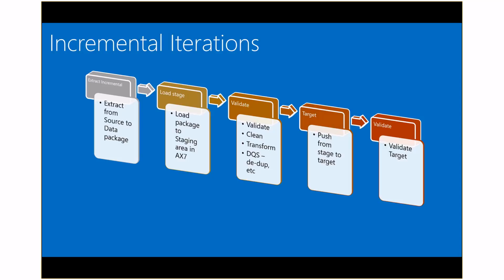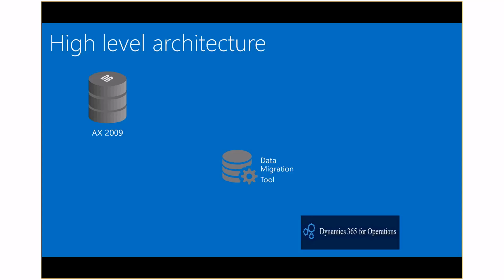So how does the tool really function, right? So here is a very simple view. So you have your 2009 database. We will provide the data migration tool that sits in the AX 2009 system. You have the sandbox, which is Dynamics 365 for operations. We'll do a level of pre-processing as I've described, that you will do the cleanup of the data, you will do purge, archive as appropriate, and you will keep the data only the ones that are relevant, that which you want to migrate. Then you use the system or the tool to actually define the templates,